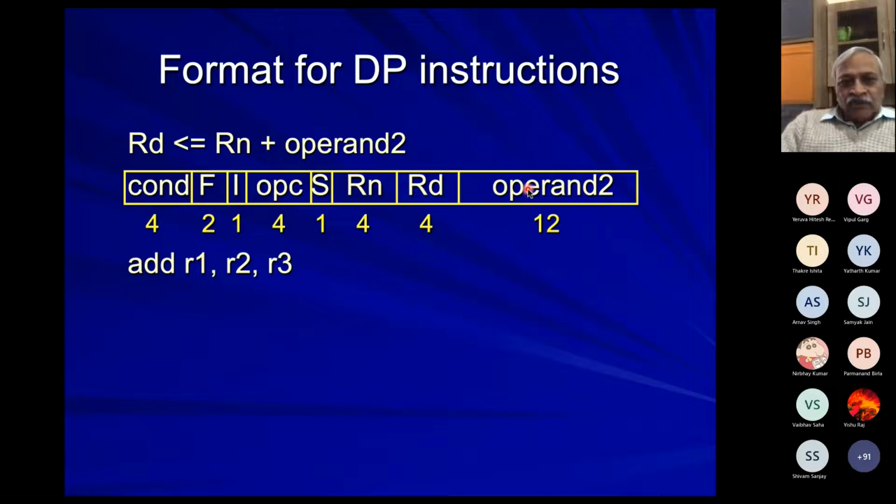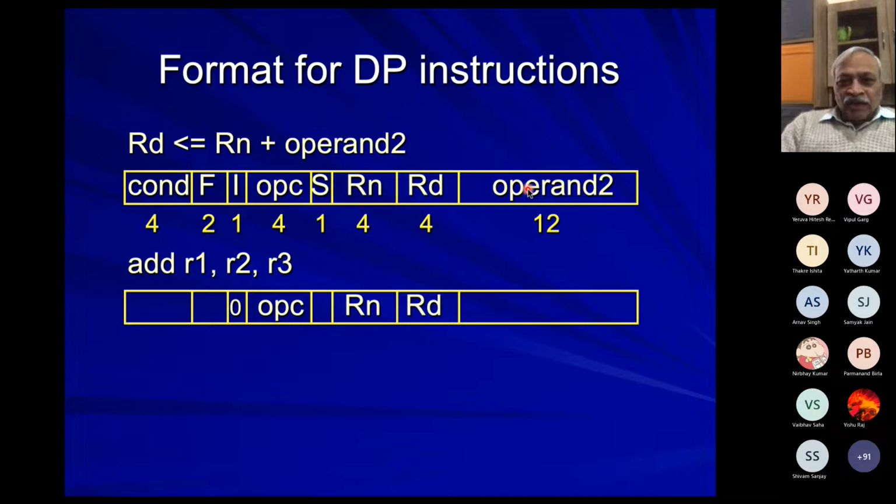So if your instruction is add R1, R2, R3, that means R1 is the destination, R2 is the first operand, R3 is the second operand. Then what you will have here is